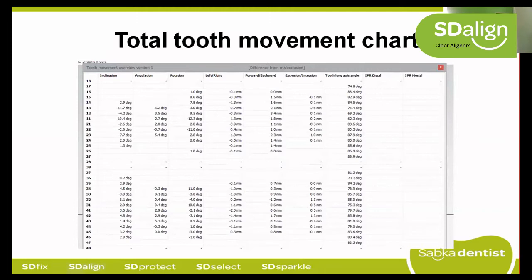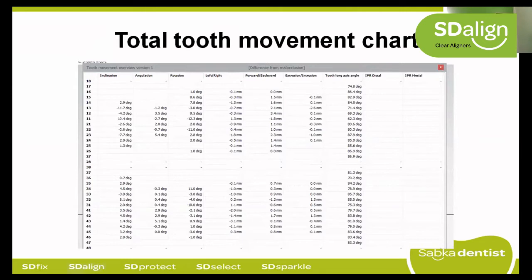So once we finish your treatment plan, we export this data into a PDF with all the details regarding the staging, the total amount of tooth movement, the total number of sets, the sequential IPR or interproximal reduction, and also which areas or which zones are critical for tracking. At this stage, if you have told us that the patient is an outstation patient or the patient won't be available, we can always divide the staging as per the availability of the patient, and we can customize it for you case by case.